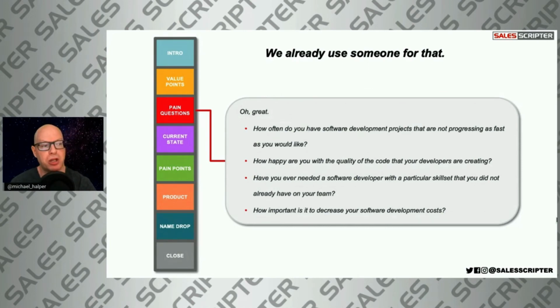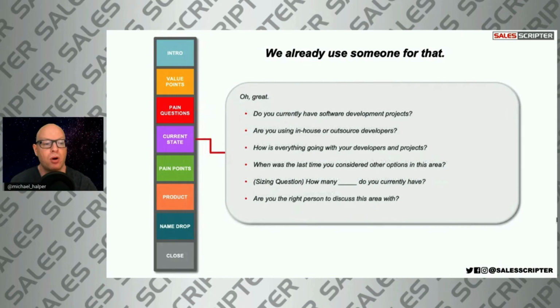So the main objection I gave him was we already used someone for that, and he asked me a current state question. Well, instead of asking a current state question, he could ask me a pain question. Try to figure out, is everything going great, or is there something that needs to be improved? And you could respond to that by just saying, oh, great. Well, if I could ask you how, and then here are the same questions that are in the cold call script. And you could also ask current state questions, which is what he basically did, but there's other